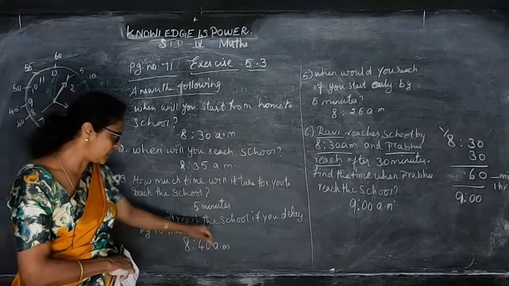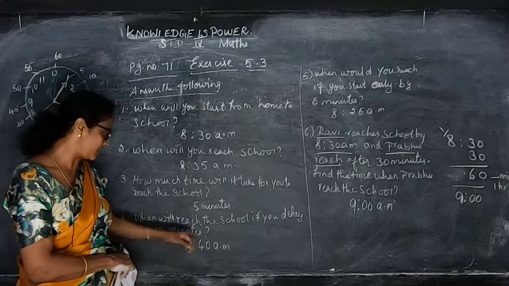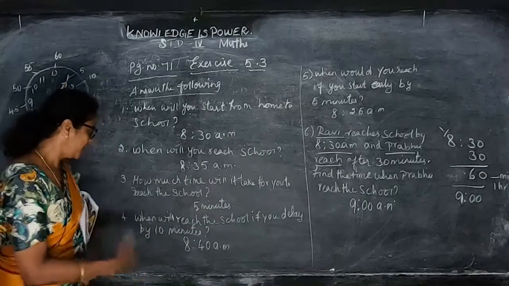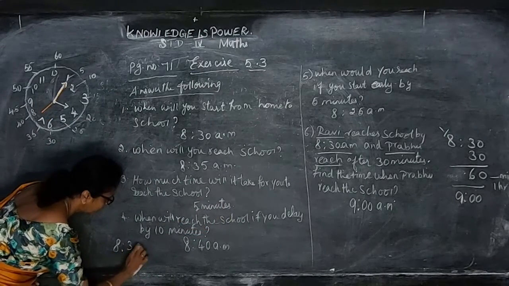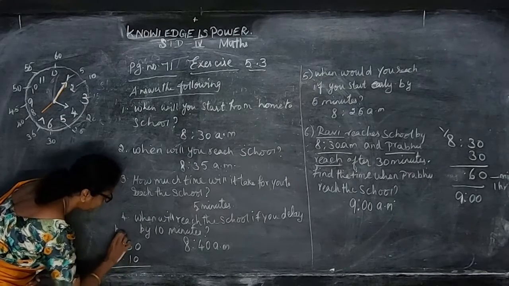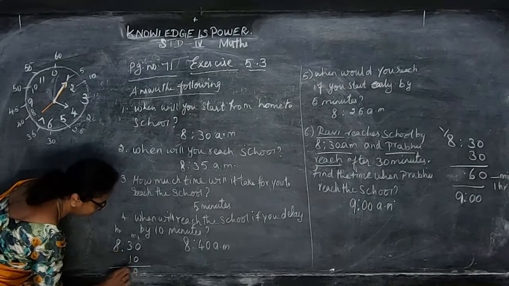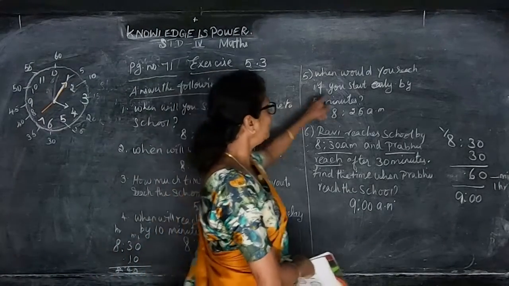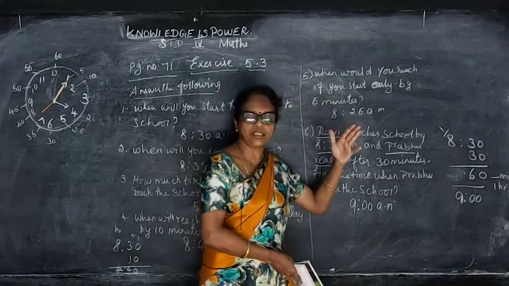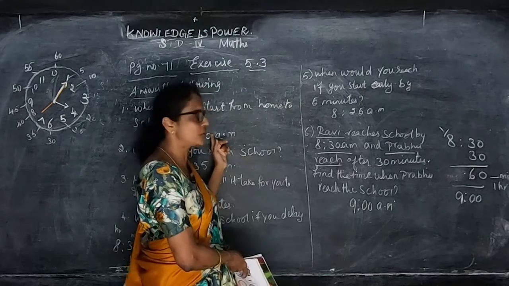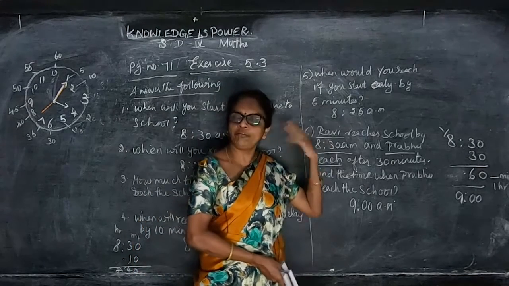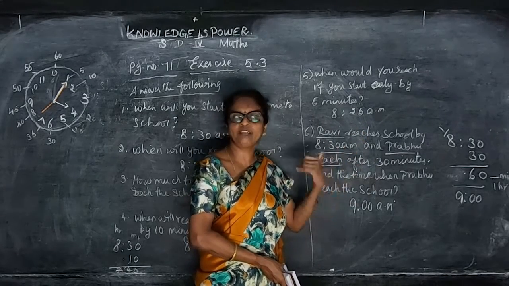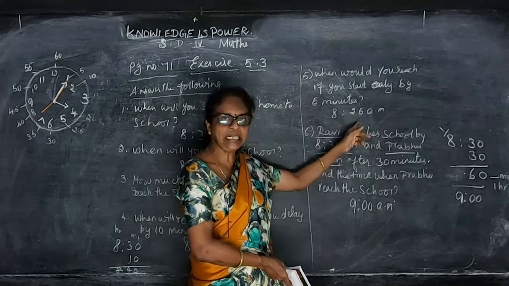When will you reach the school if you delay by 10 minutes? இப்போ 8:30 if you are starting, if you are delaying by 10 minutes, you know 10 minutes எடுத்துக்கிட்டிங்கன்னா if you add 8:30 a.m. plus 10 minutes, இதுதான் minutes, hours, minutes. So 10 minutes நீங்கள் delay பண்ணிங்கன்னா you will reach the school by 8:40 a.m. And next one is, when would you reach the school if you start early by 5 minutes? Suppose நீங்கள் 8:30 start பண்ணீங்கன்னு first you answer. Suppose if you started before, earlier 5 minutes before, you have to write the time 5 minutes less பண்ணுங்க. 30 லேருந்து 5 less பண்ண, that gives you 8:25 a.m.